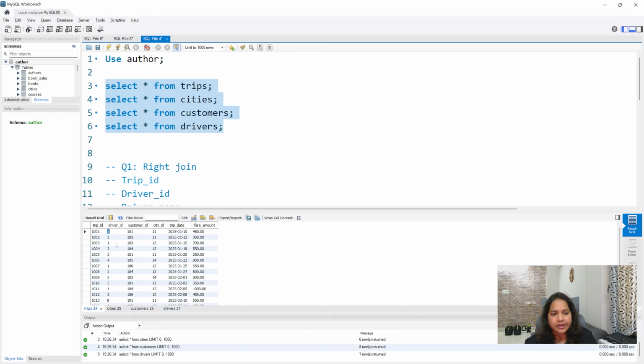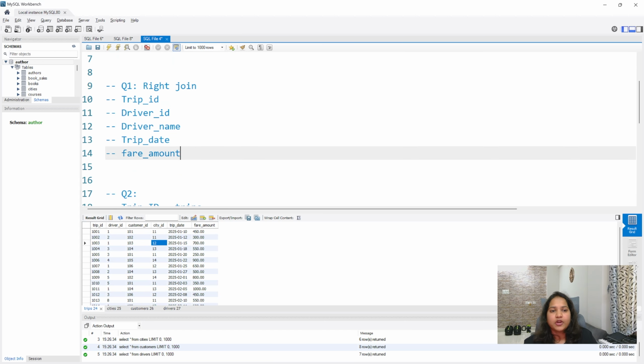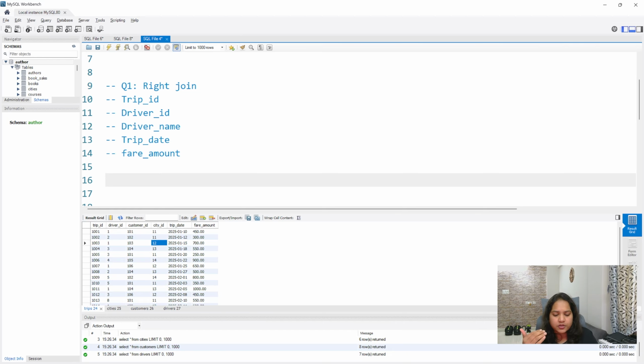So which means this trips table is connected to all of these tables using these ID columns. Drivers table, it is connecting with driver ID. Customers table connecting with customer ID. Cities table connecting with city ID. Let's say you have to bring all of these columns using a right join. Now if you come to questions like which join should I use, what is the correct type of join for this kind of problem, all of that we'll see when we are doing the practice questions. The purpose of this video is to tell you how to write the code and how the output will look. Okay, so now do a select statement.